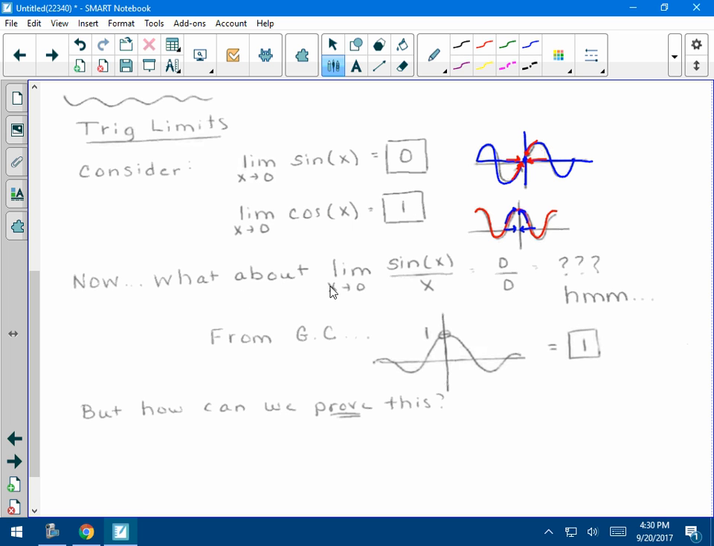But what about the limit as x goes to 0 of sine x divided by x? So that's 0 over 0. That doesn't mean it does not exist. It certainly might exist. If you look at your graphing calculator, so what I did for this piece down here,